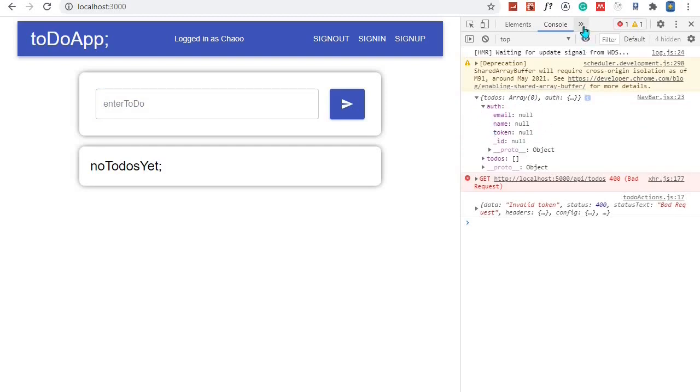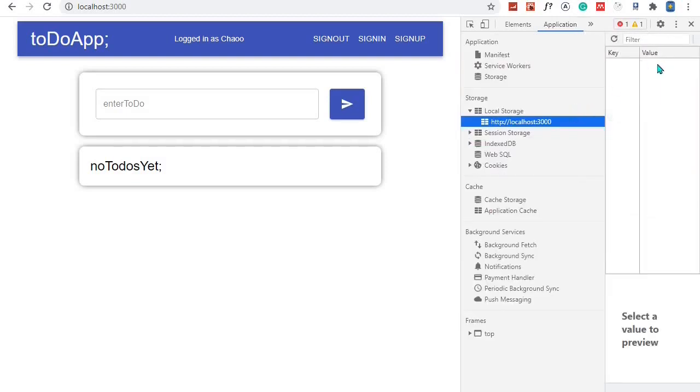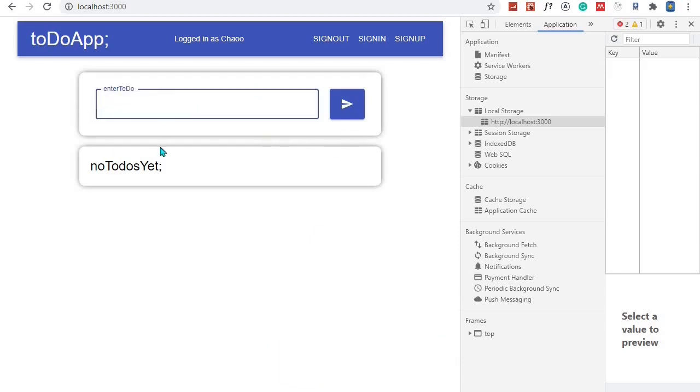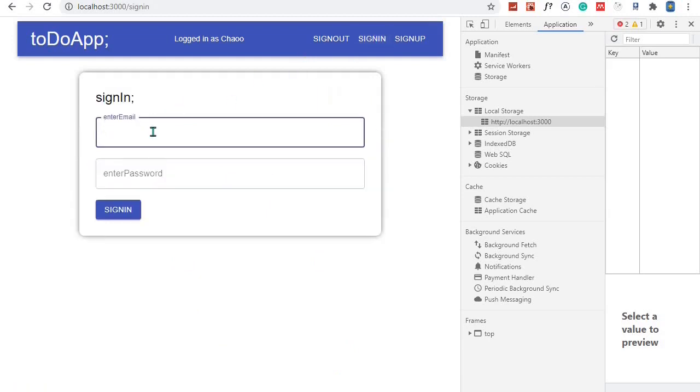And when I check the application here, we don't have a token, okay. So if we try to add a new to do when we don't have a token and submit, you'll see that we are getting an invalid token and we can't actually add a to do. So we are correctly protecting our API endpoints, and to confirm this, we can sign in as a user,